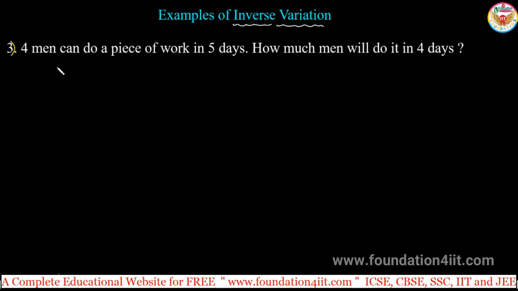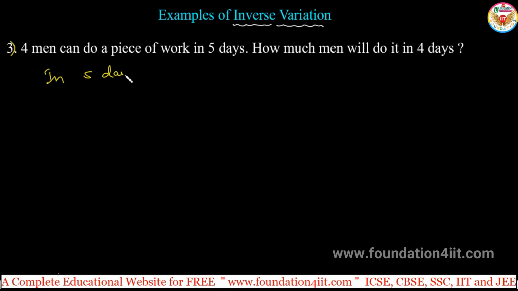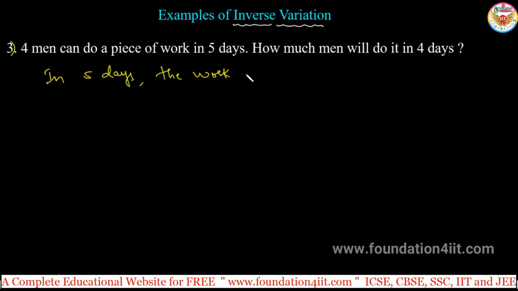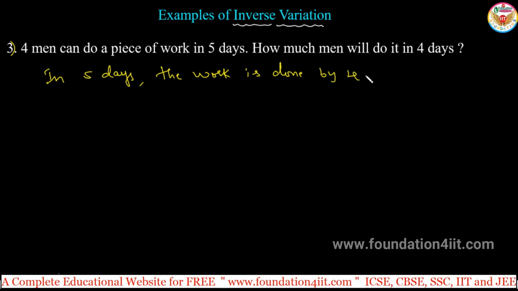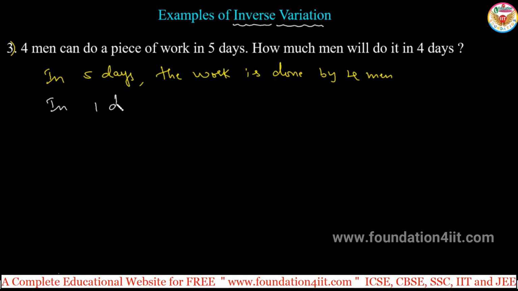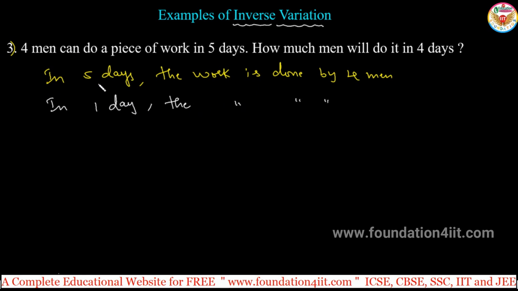So the given data is: in 5 days, the work is done by 4 men. Right? So for 5 days we got 4 men. Now we are supposed to find out for 1 day. So in 1 day, the work is done by. So for 5 days, if we require 4 men, then for 1 day, we are supposed to get the